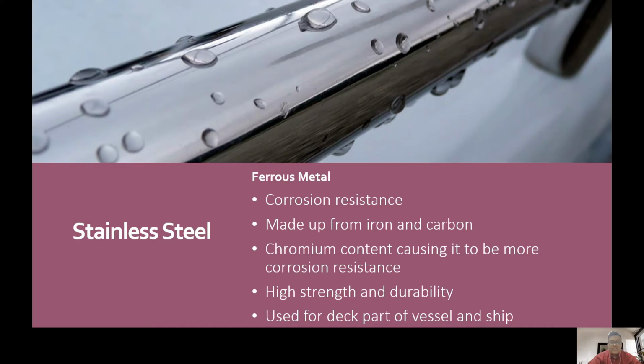It is highly corrosion resistant due to its chromium content. Steel with a minimum chromium content of 10.5% is 200 times more corrosion resistant than steel without it. Stainless steel has high strength and durability, as it is high and